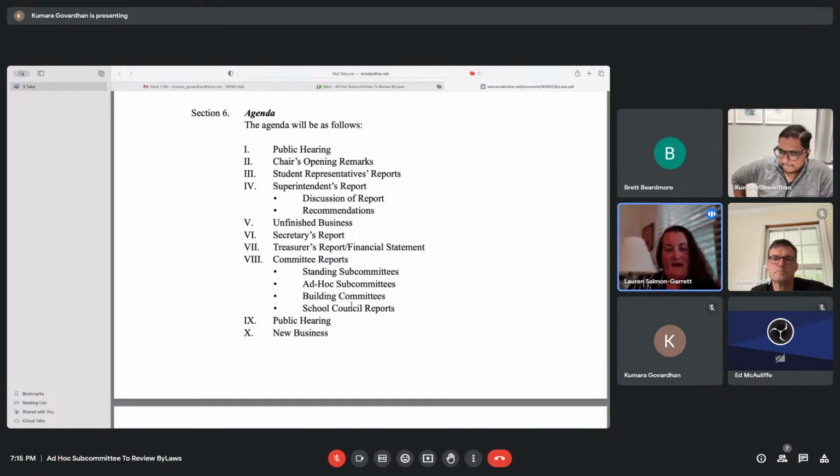So here's where, via MGL, we are technically supposed to be doing more with school improvement plans than we currently do as a committee.